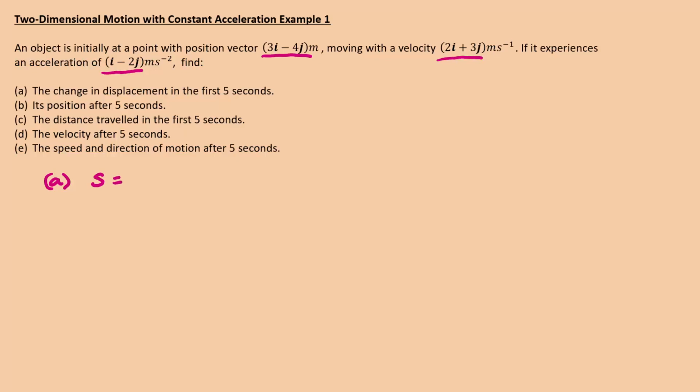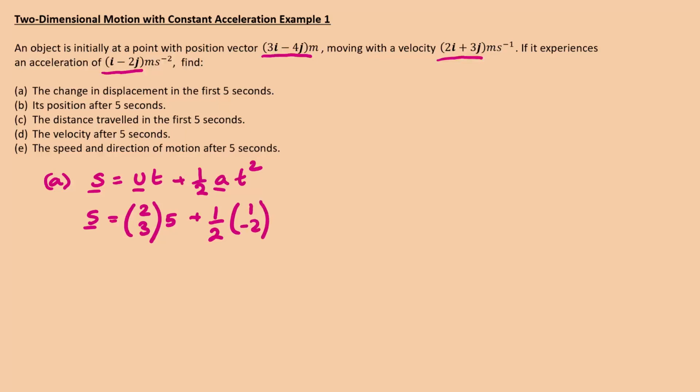So we're going to use s equals ut plus a half at squared. But remember, these quantities are vectors. So the initial velocity is 2, 3, and we're using 5 seconds. Then we've got a half, and the acceleration is 1, negative 2, and then we've got 25. So that's going to be 10, 15